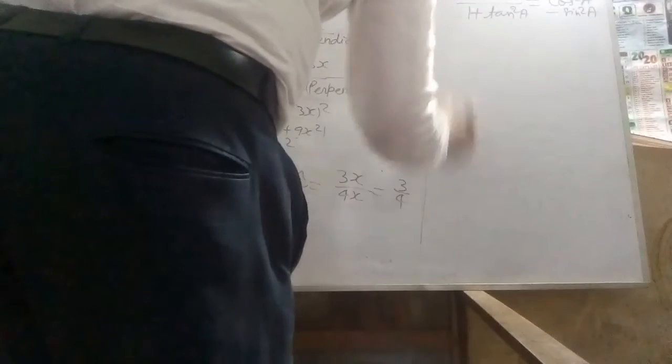So first find the value of 1 minus tan square A upon 1 plus tan square A equal to, tangent value is 3 by 4, and 1 minus 3 by 4 square upon 1 plus 3 by 4 square equal to 1 minus 9 by 16 upon 1 plus 9 by 16, and it become